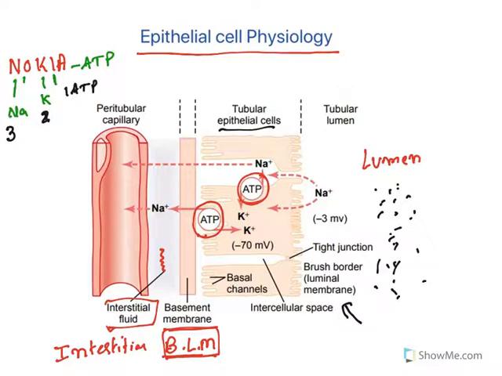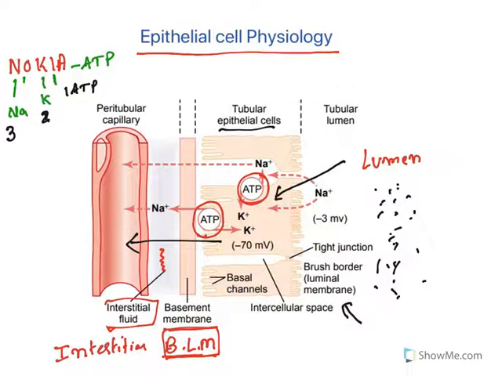Now what happens with this? Whatever sodium is inside the epithelial cells will be reabsorbed into the peritubular capillary, that is, it gets into our blood. So this creates a sodium gradient, which is the driving force to reabsorb sodium from this lumen. So this is the main driving principle. The entire epithelial cell basement membrane contains the sodium-potassium pump, which acts as the driving force.